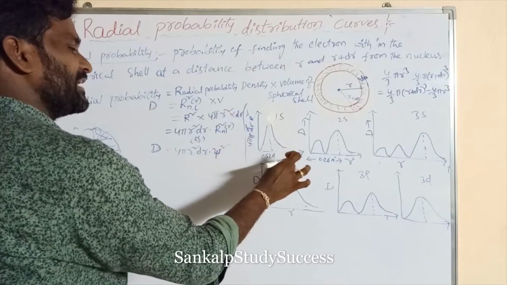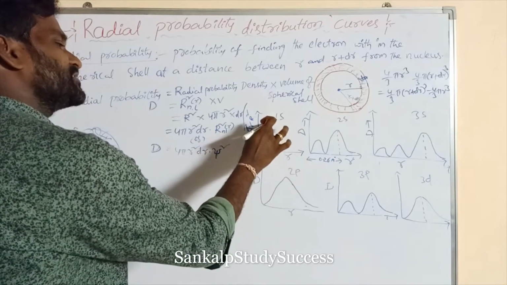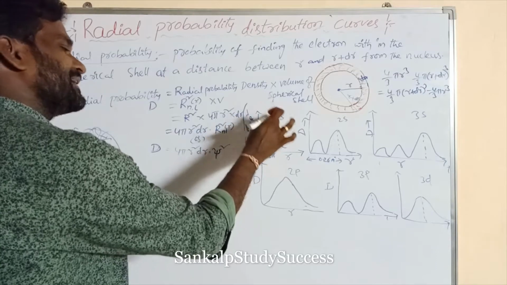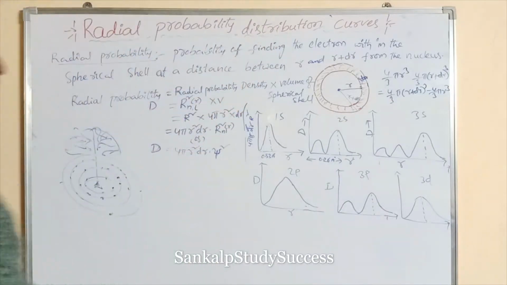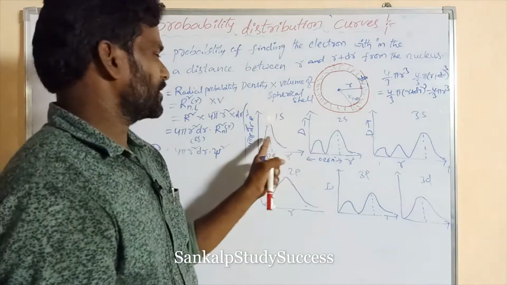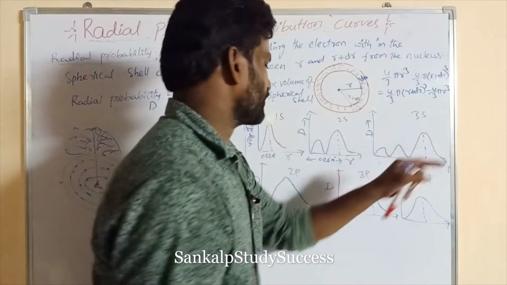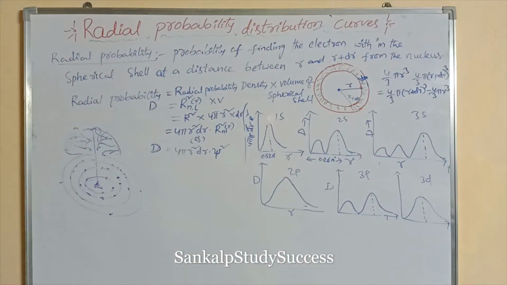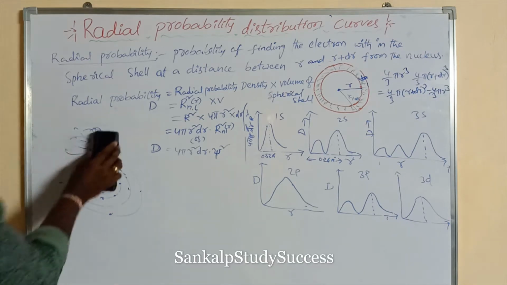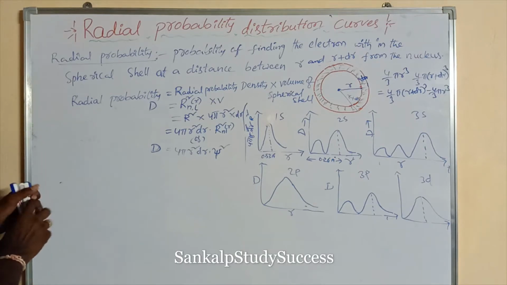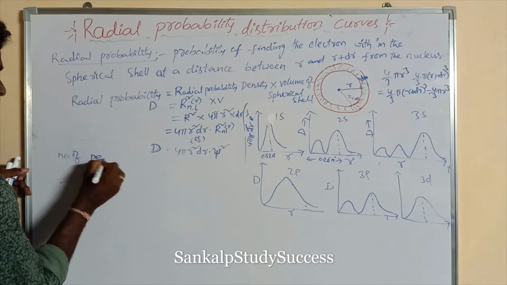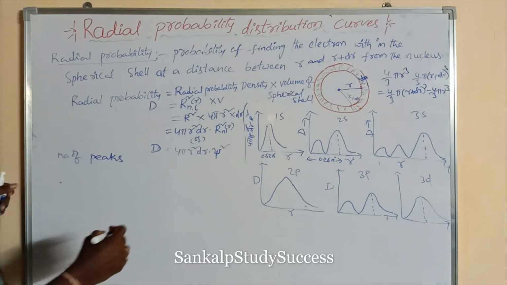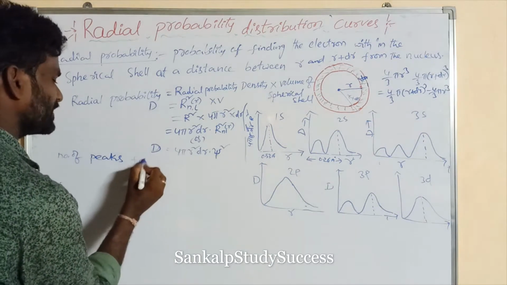So the radial probability increases with radius and reaches a maximum, and later it decreases with increasing radius, for all graphs. In these graphs, one peak is obtained in the first curve, here 2 peaks are obtained, here 3 peaks are obtained. So listen to me. The number of peaks for radial distribution curves